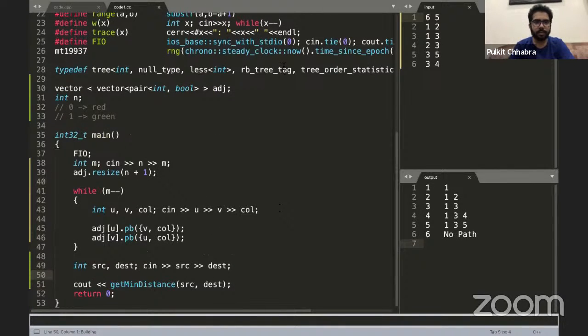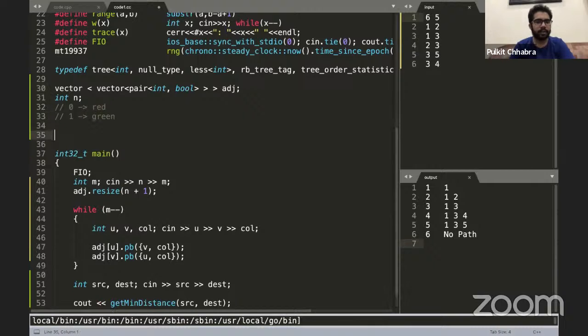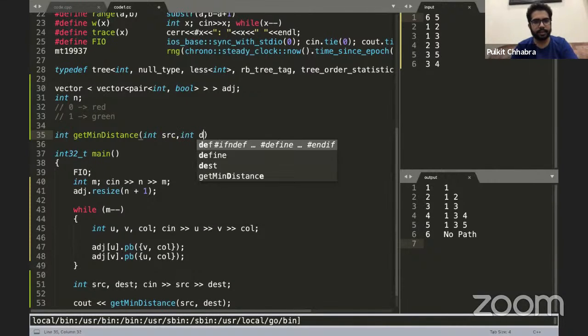Cool. So yeah, vector of pair of int comma bool. I think yeah, it's fine. So now just implement this get min distance, int src and int destination.